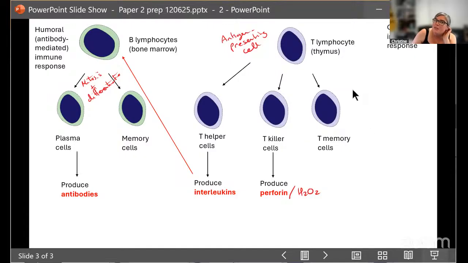Now, if you think about this T lymphocyte being able to go through mitotic division and then to produce the different types of cells, it shows you that it has to be a multipotent cell because it has the capacity to still go through mitotic division. So that is one of the ways in which we can differentiate if a cell is able to do this.